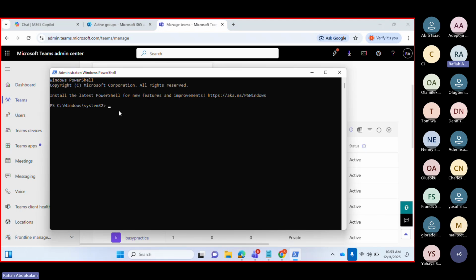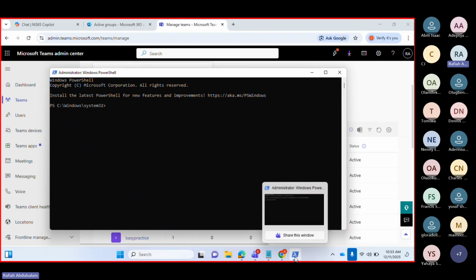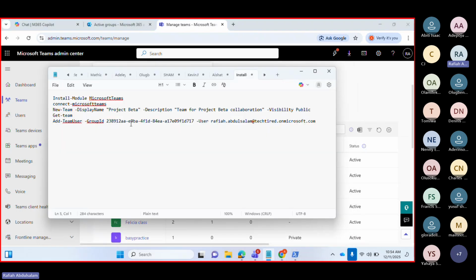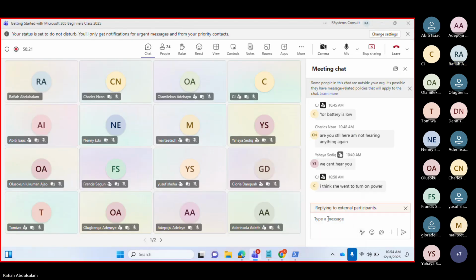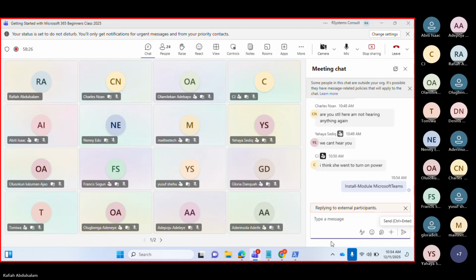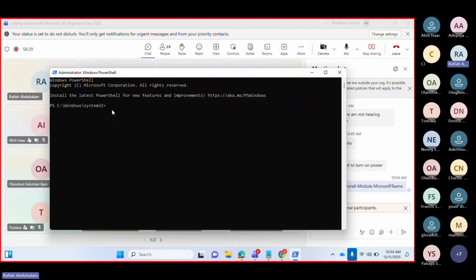And the first thing you do, majority of us here, I'm sure this is your first time of running a PowerShell command. So you need to install the Microsoft Teams module. I'll share the commands with you so that even after this class or while in this class, you can do that on your own. So the first thing you do is to install the module. I already have the module installed. So even if I paste that,